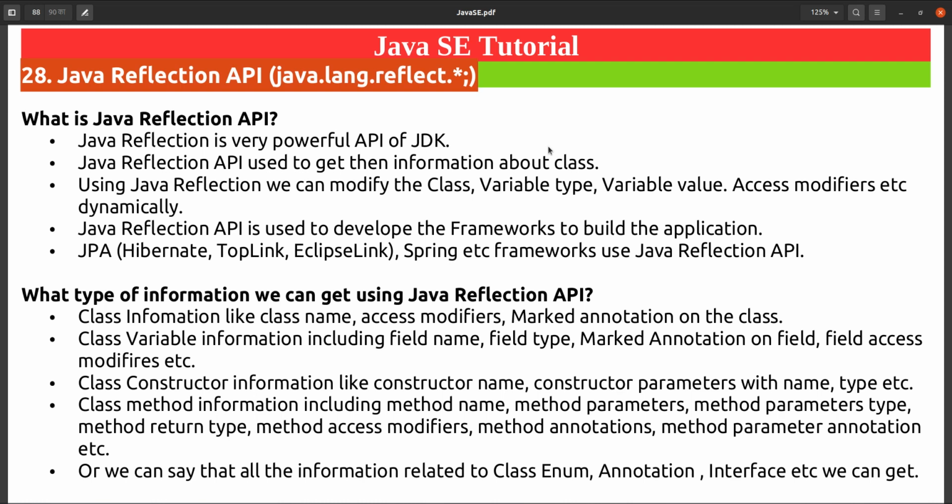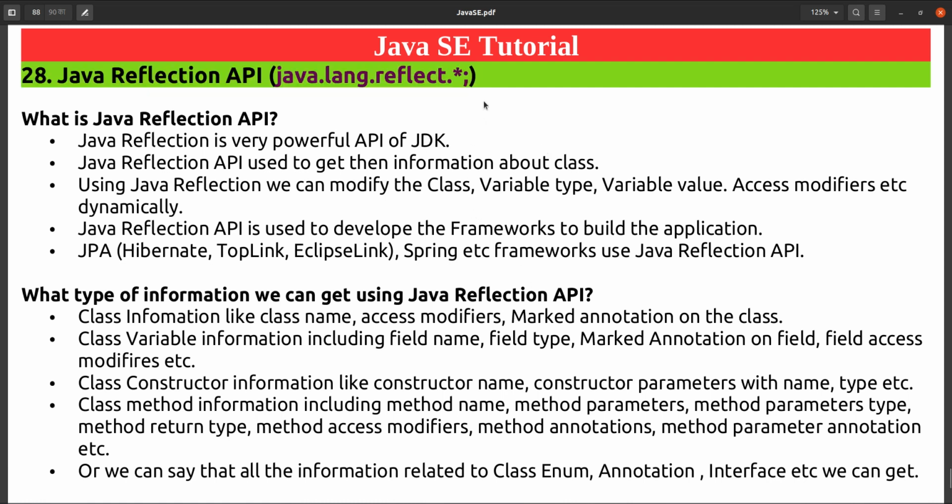There is only one technology for Java, that is JDBC, and JDBC is the only communication way between the Java application and the database. That database can be anything: Oracle, MySQL, Postgres, or any other database. So if you have to make a database connection with a Java application, then definitely you have to go with JDBC only. You have to learn JDBC, then only will you be able to make the connection with your database. So from the next session we will start JDBC.